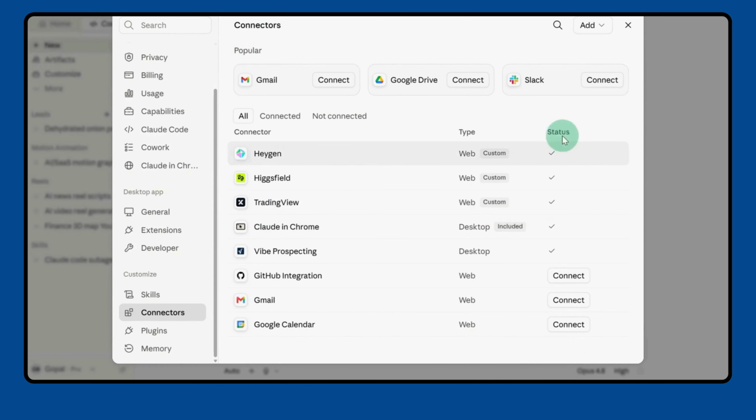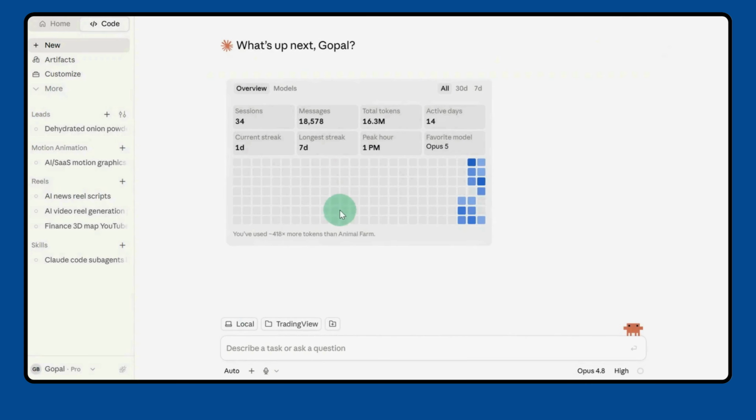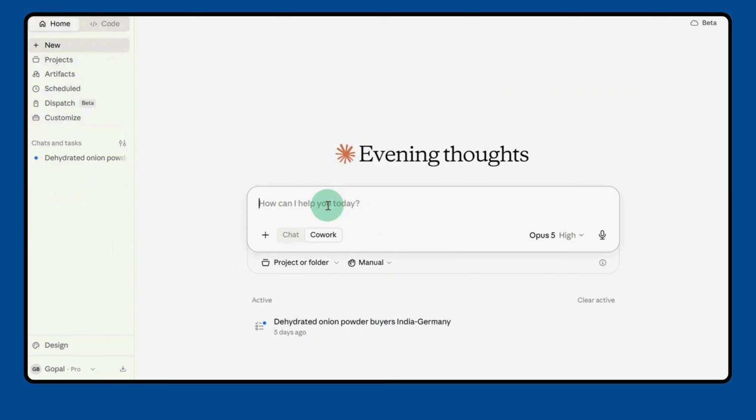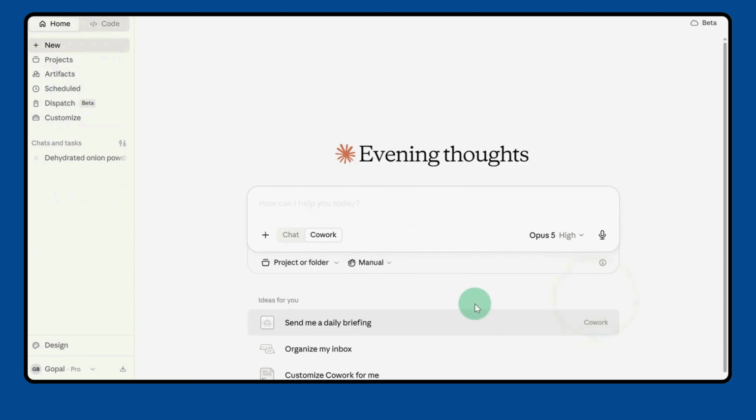I'll return to Claude, and inside the connectors section, you can now see TradingView listed with the other available connectors. So from this point forward, Claude can call the TradingView tools whenever they are relevant to our prompt. And the best part is that we don't have to manually select a different API every time. Before